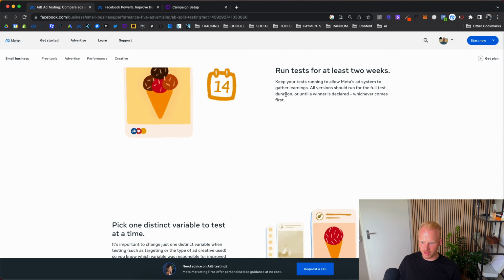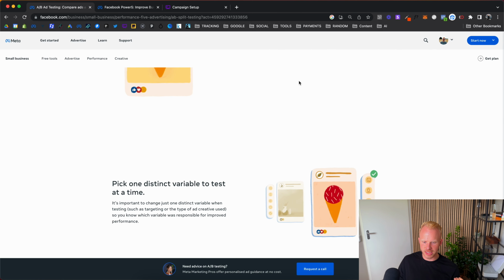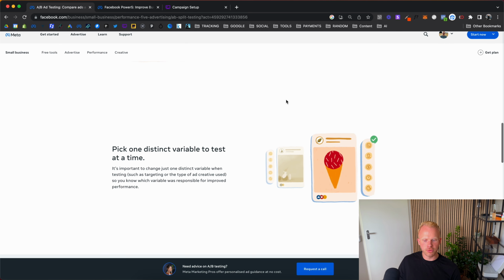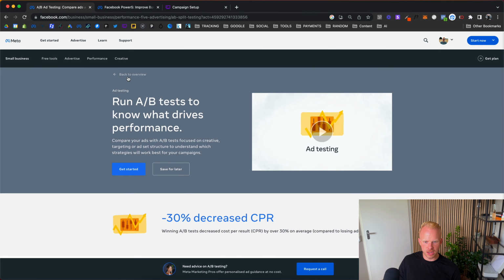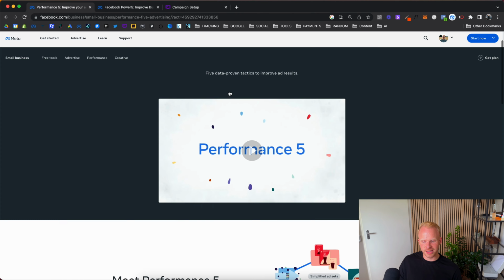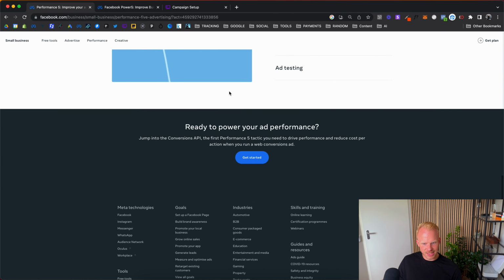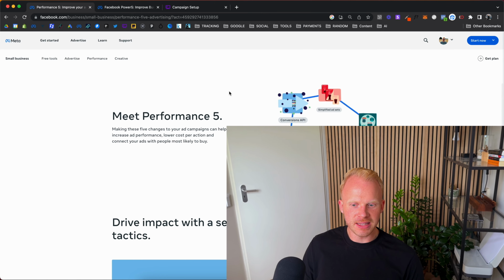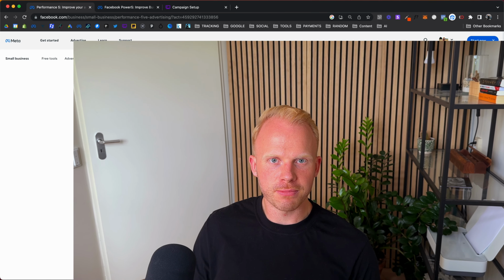Run tests for at least 2 weeks. We usually keep tests for 5 to 7 days just to see how it performs over a weekly basis. Obviously, 2 weeks can definitely bring down the results a lot, so we do want to be more active in the ad account. So yeah, that's kind of it. I think the Performance 5 is good, but a lot of these things are pretty common and